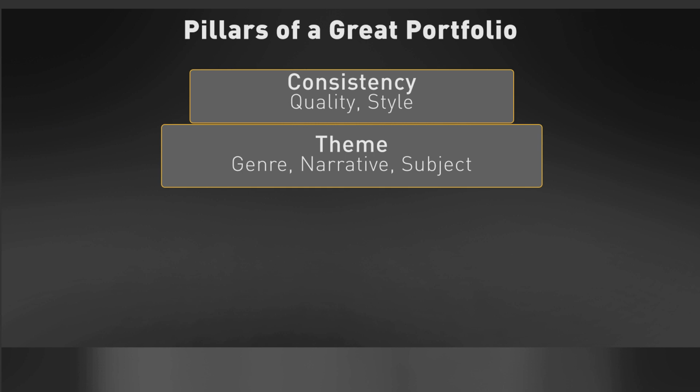All right, so for number 2, theme. And specifically, I'm referring to genre, whether it's fantasy, sci-fi, maybe history, maybe a certain narrative element. So maybe you're telling certain beats of a story. That body of work could make up a good portfolio. Or maybe it's subject matter. Maybe it's spaceships. Maybe it's military craft, gadgets, and props. Whatever the case is, if you have a body of work that is thematically related and you have that consistency of quality across it, we're double stacking those bricks into making very good choices for the body of work we select for the portfolio. And as an example of this,